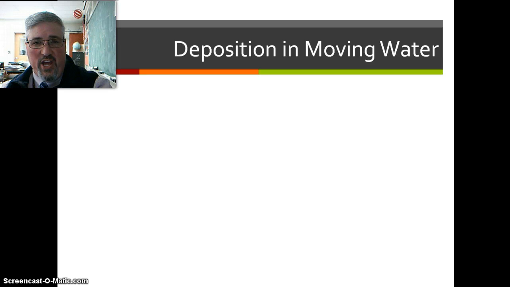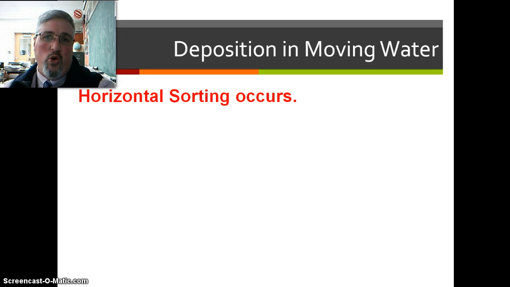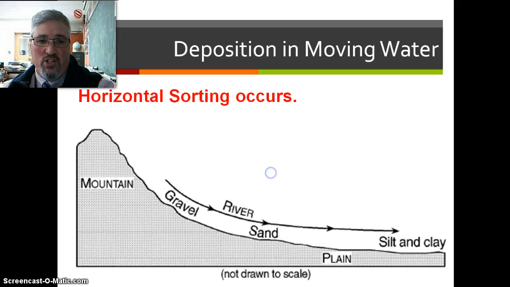Moving water. Okay, if the water is moving now, say in a stream or a river, it's going to be moving horizontally, right to left, left to right, north to south, east to west, downhill. The particles are going to settle out in a different pattern. You're going to see what's called horizontal sorting. When you have horizontal sorting, as the elevation drops, as you go from high up on the mountain down to lower elevation, the stream will slow down. It has the most speed up high. It has the least speed down on the plain,